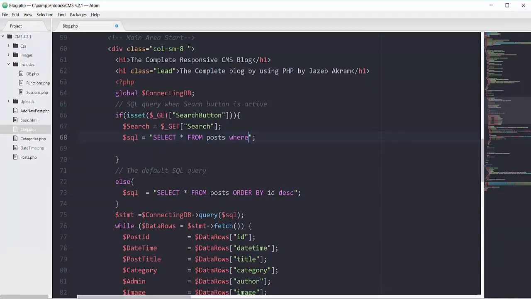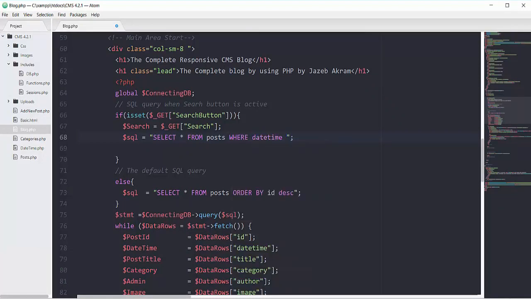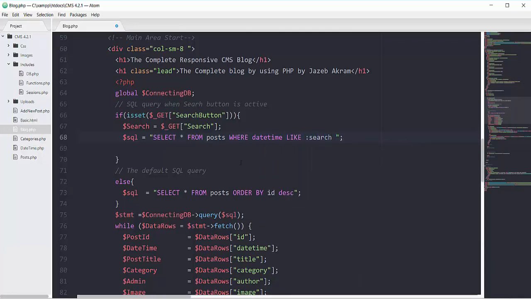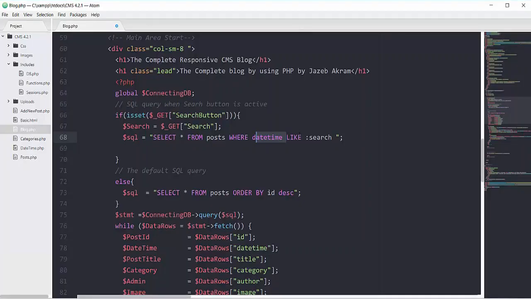So I will say where my date time column in my table is like my search. Actually I'm using the named parameter here. So this date and time column belongs to my database, and I'm using the like operator to match the user entered data with my table.